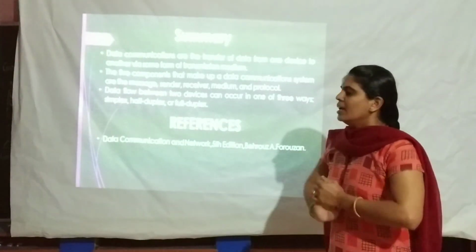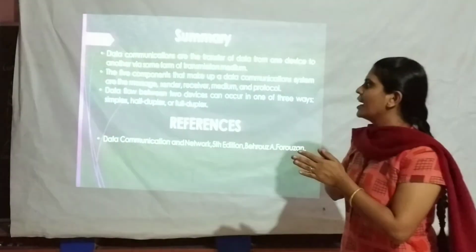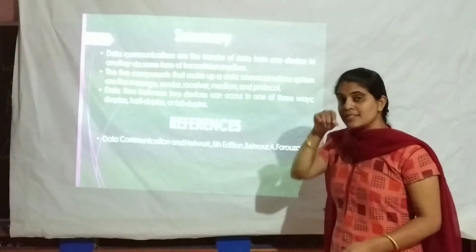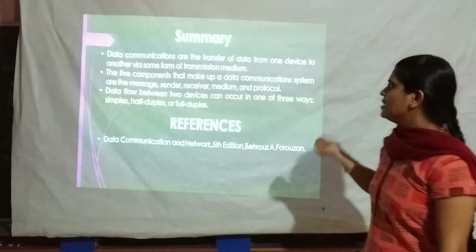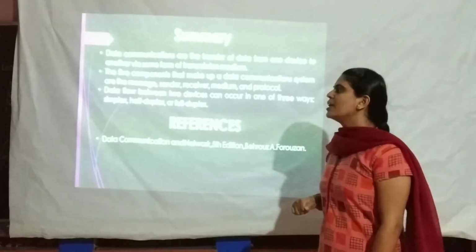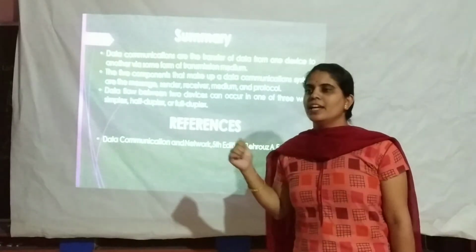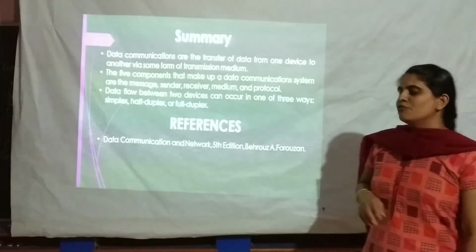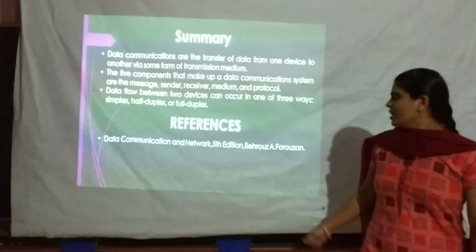I hope you understood what data communication is and what the five components of data communications are, such as sender, receiver, transmission medium, and the protocol. The third thing we have discussed today is how data flows between devices, which can occur in any of three ways: simplex, half duplex or full duplex. For further information, you can refer to the book Data Communication and Networks by